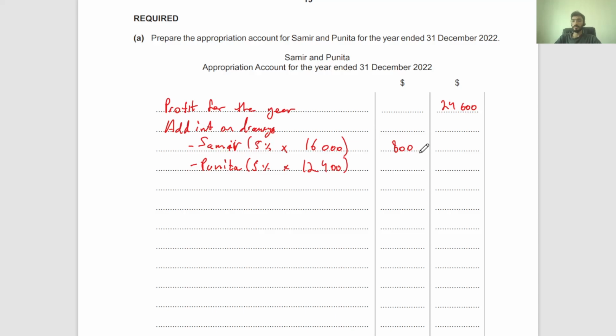And the other figure is 12,400. That's 620. We add that, right? So 800 plus 620 is 1420. Added, okay? You can add it now, add it later. It's up to you. Next, we deduct